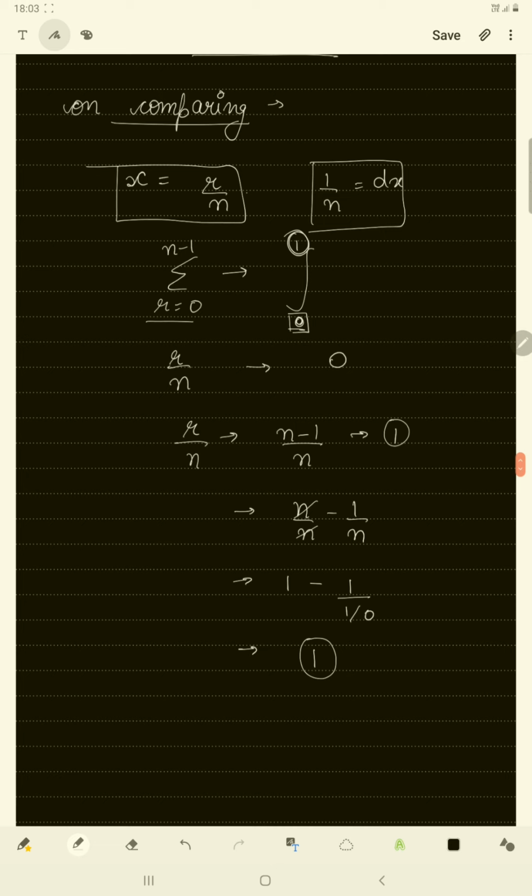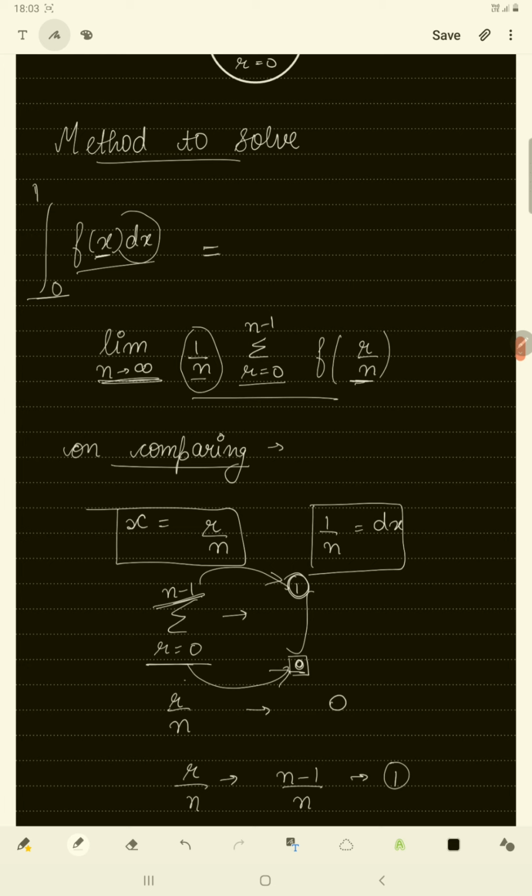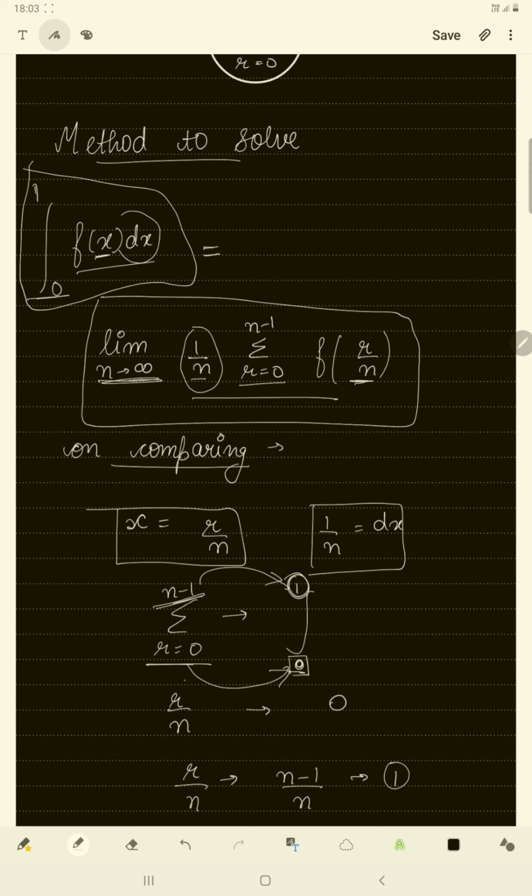So we need to convert this r and n minus 1 to the values that we need to put in the integration sign, and after we have successfully done this, we can convert this type of form into a simple form of definite integration like this. In the next video, I am going to cover many questions of this form, so that you get a hands-on feel for this type of problem and can solve these questions well. Thank you for watching. Stay tuned for the next part.